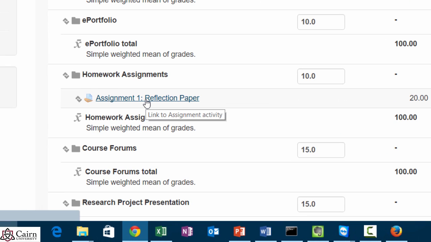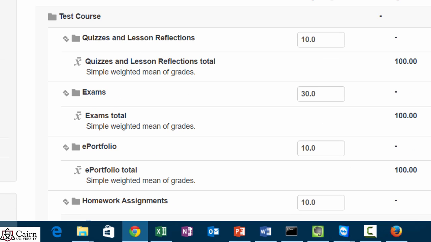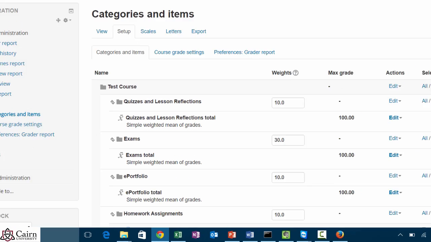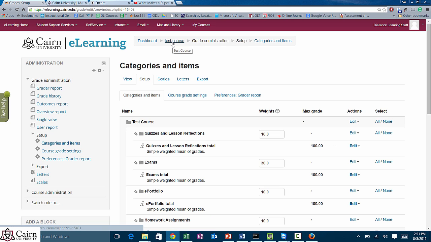Again, this was because when we configured this assignment, we chose the category under the grade area to be under homework assignments. Now, another thing to remember, before I end this tutorial on creating a regular assignment, is that if it's an important assignment, remember to also